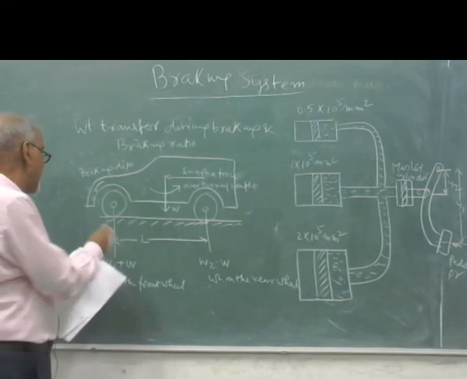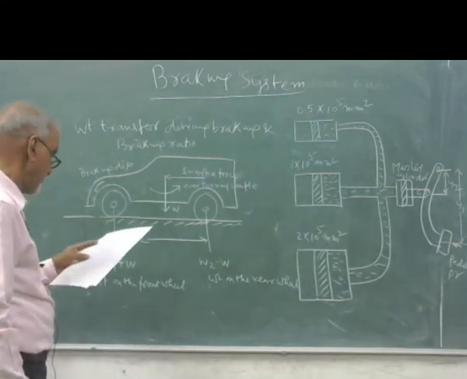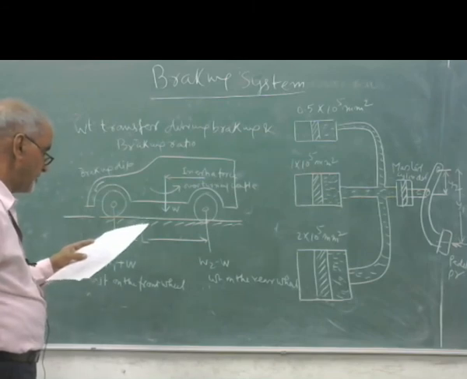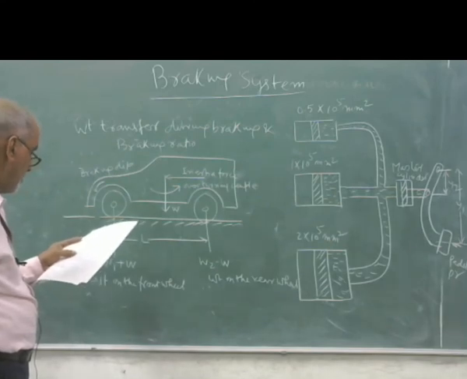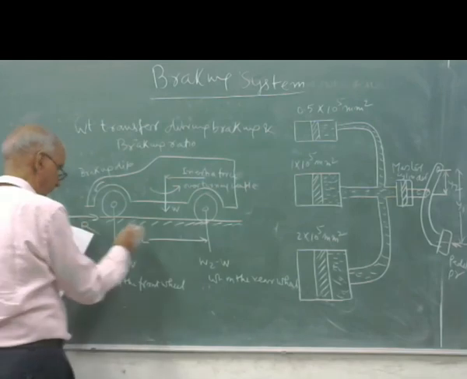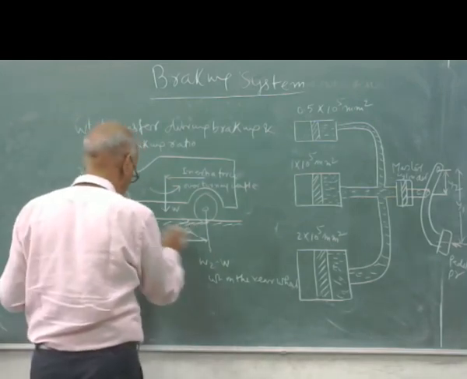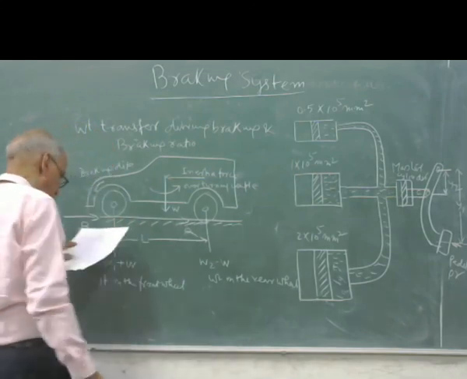How much weight transfer is happening depends on how quickly the vehicle comes to a stop. Inertia force is acting at the CG and the retarding force acting at the road and wheel surface form an overturning couple. Retarding force over here, R. So a couple is being formed, inertia force and retarding force.